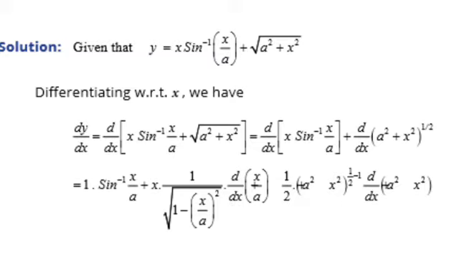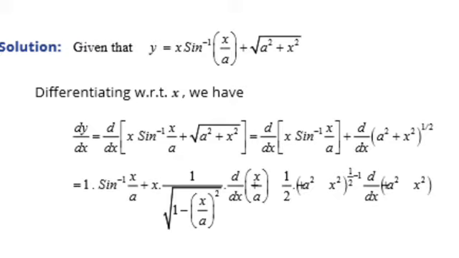We apply it on each value: d by dx of x sine inverse x over a, and d by dx of a square plus x square whole power 1 by 2. The derivative of x is 1 and we apply the product rule here, and x is the same and the derivative of sine inverse is